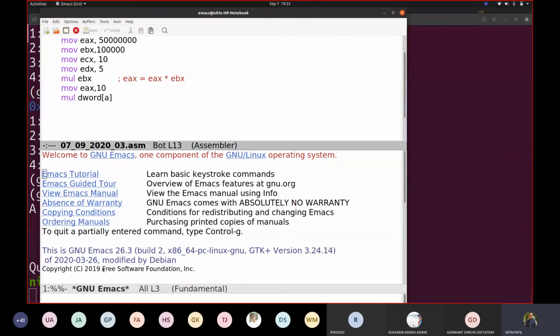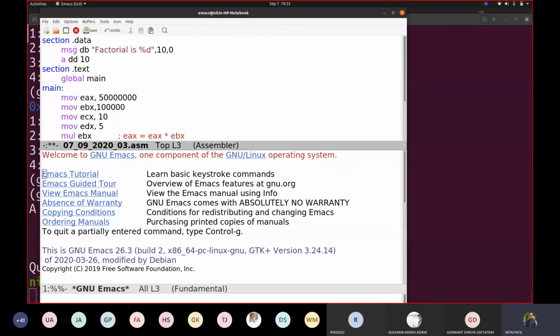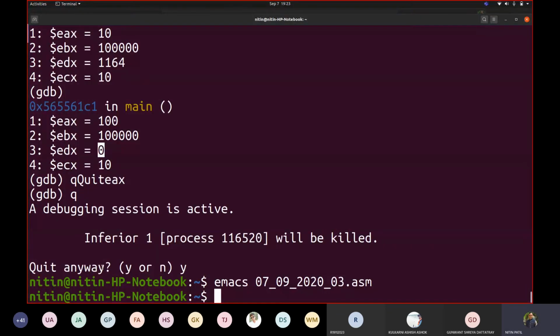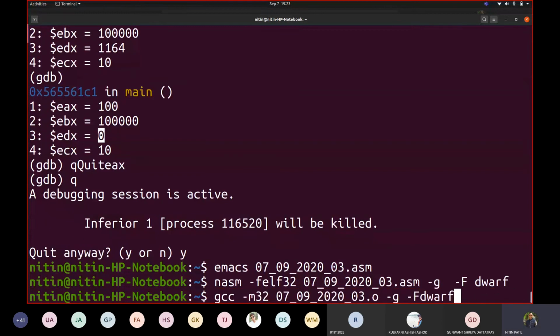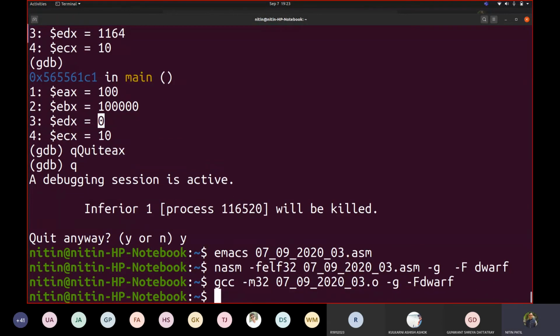So if instead of this, if I say div, let us write here 3, 10, we will take 100, and I will take A to be not 10, but for example 9. So what would be the division if I divide 100 by 9? There would be a remainder as well, correct? Now try to see where is the division and where is the remainder.